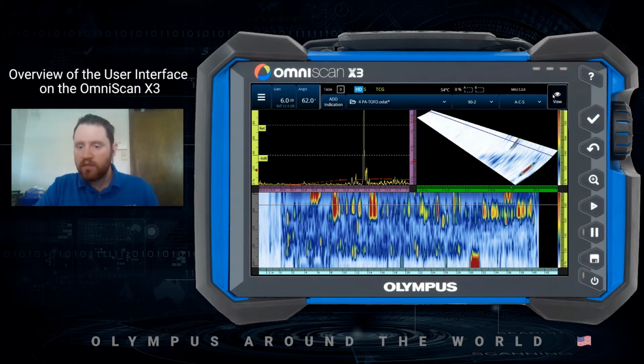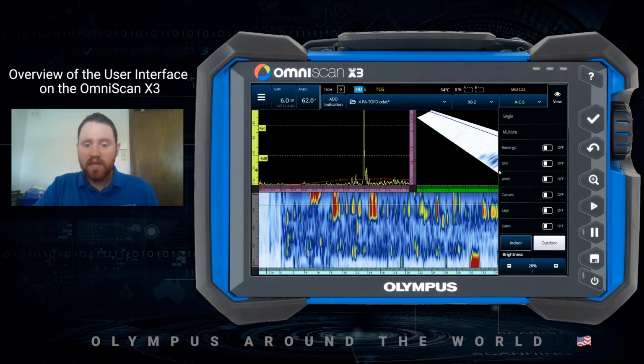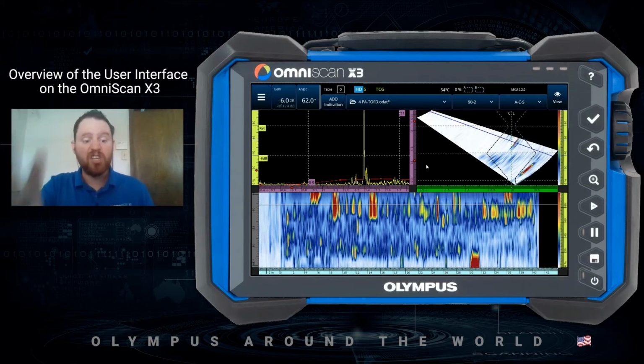So this View button works mainly off of the various overlay or display functions that you'll find. So we'll turn some of this back on and move forward into some of your touch-specific functions,